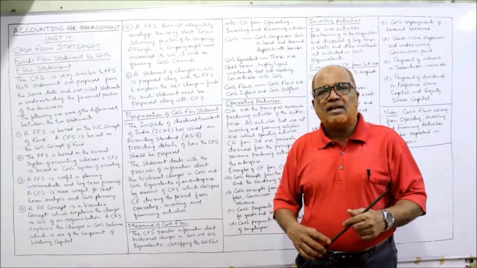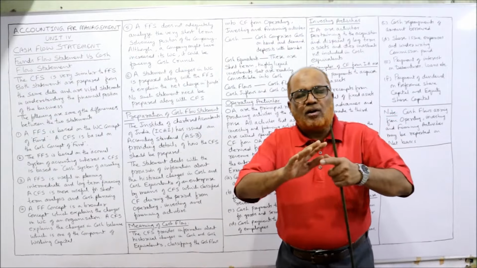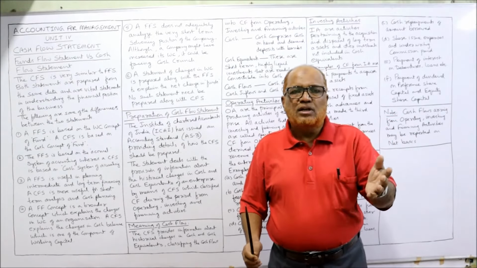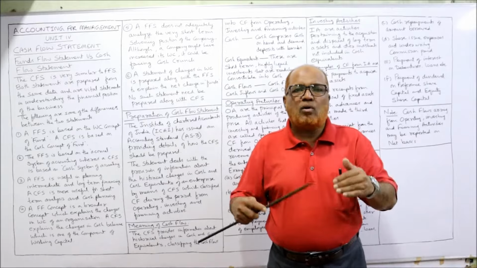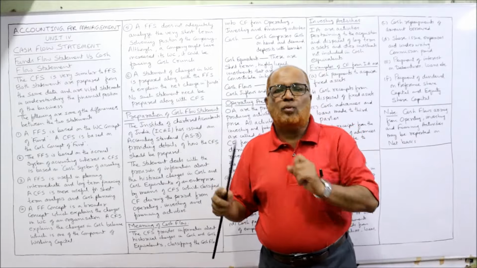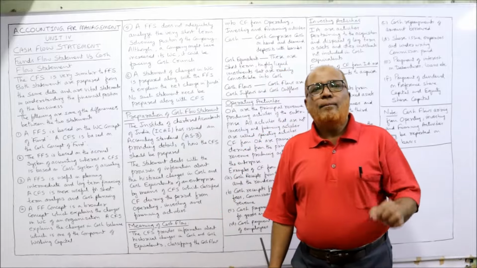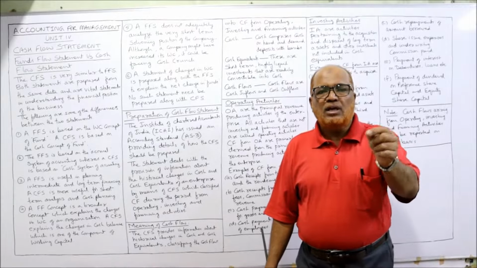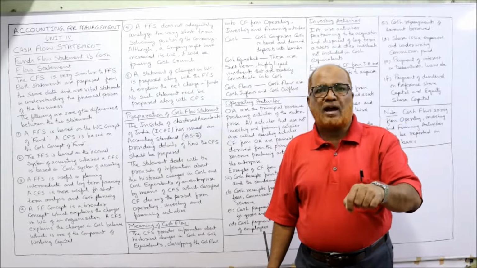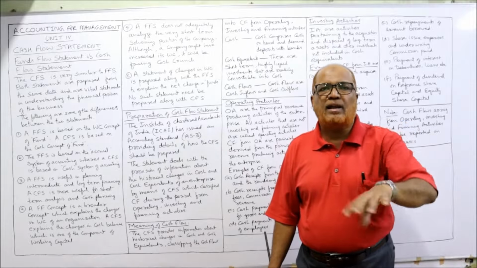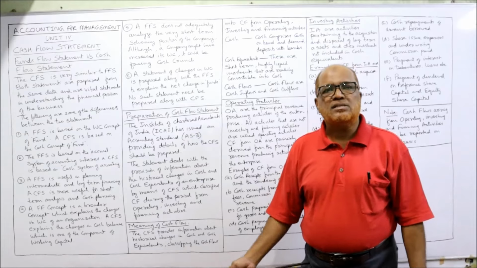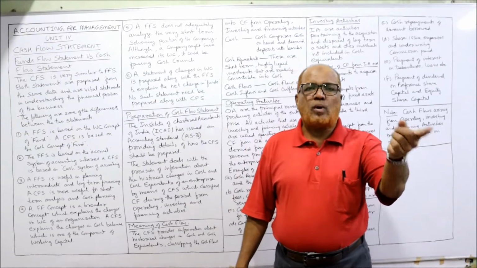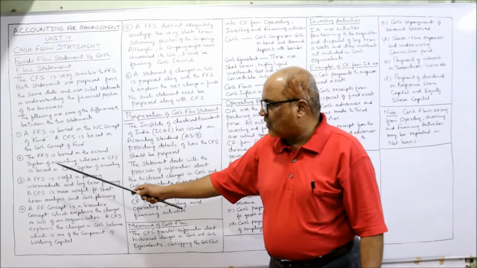It will not see whether cash is paid or not. It will take all expenditure of the year. Similarly, whether income is received or not, if the income is of the current year, we will take all the income. That is the accrual system in funds flow. But in the cash system of accounting, we consider only cash. If cash is received, we will account. If cash is paid, we will account. This is called cash system. So in simple words, funds flow statement is based on accrual, and cash flow statement is based on cash system of accounting.